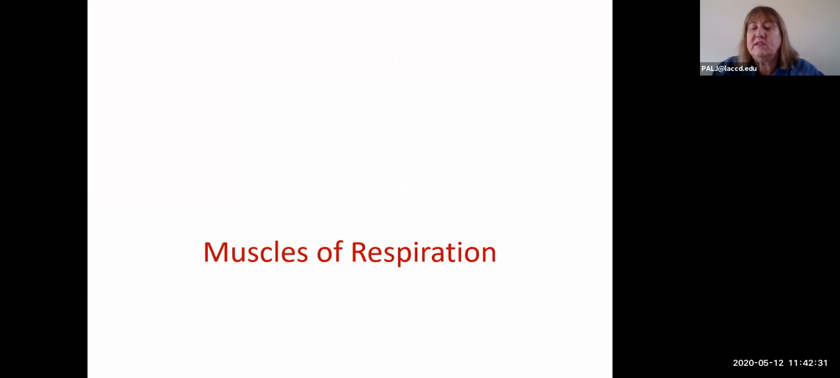Welcome back as we start our exploration of the respiratory system. We're going to start first with muscles related to respiration. You may know some of these, but we're just going to review them again because they're all relevant to the